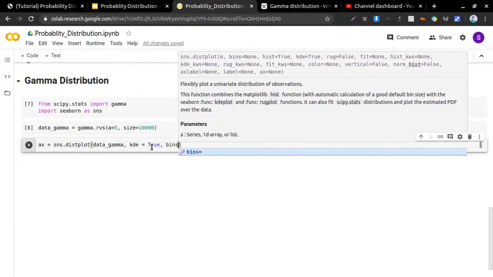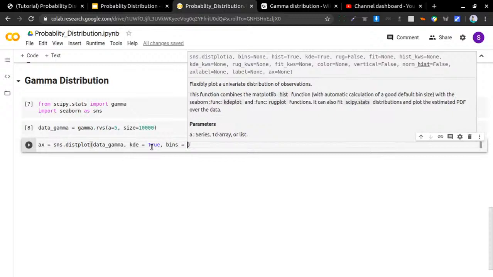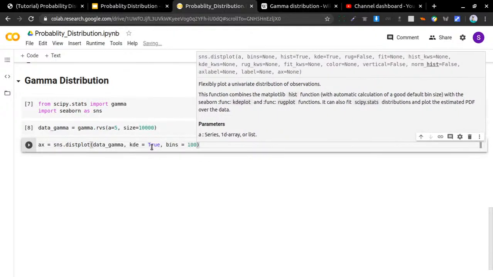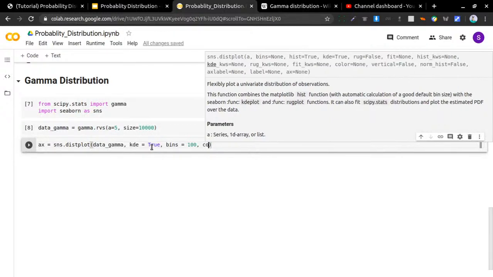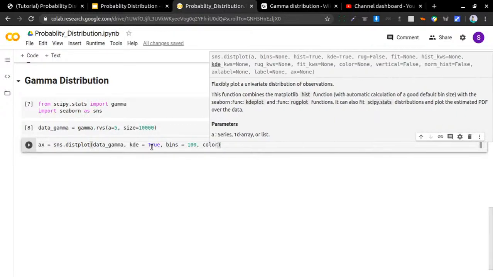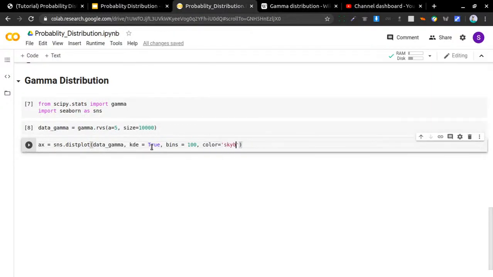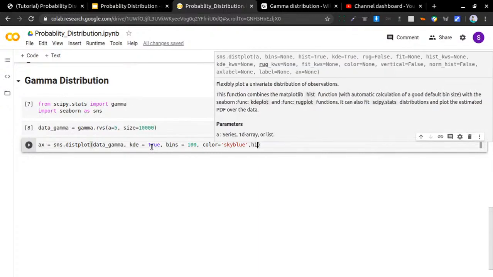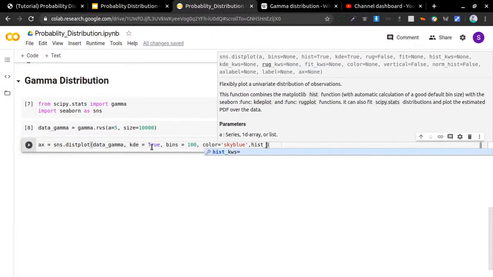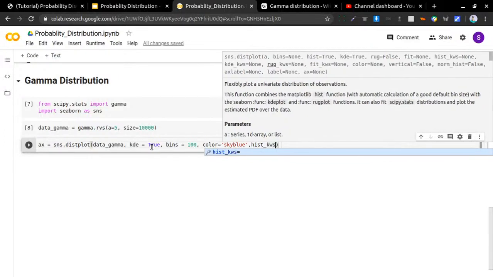Then the third parameter bins, which is equal to 100. Next parameter color, which is equal to sky blue, or you can give your own color, you can give red, green, black also. The next parameter is hist_kws.